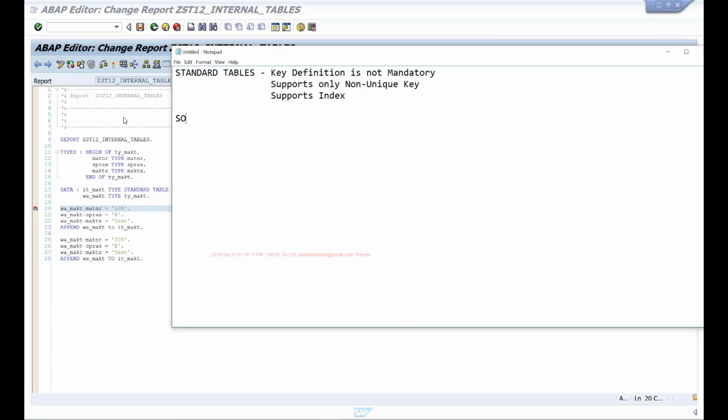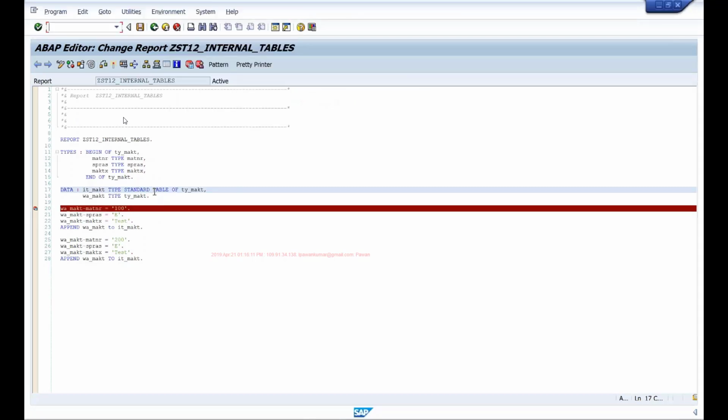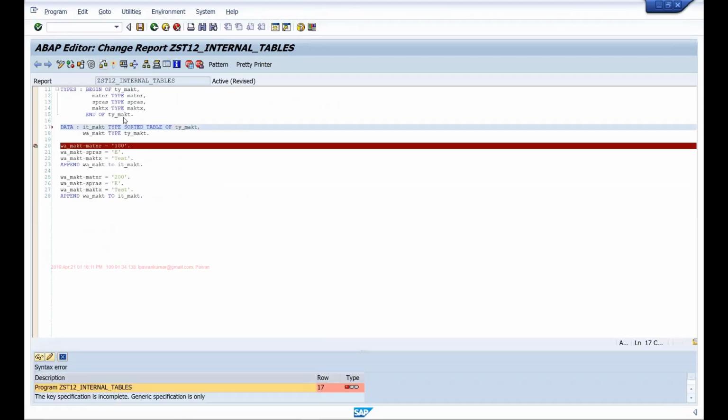Now coming to sorted tables. For sorted tables, for example, if I say type sorted table of TYMAKT, I cannot end my definition there. If I do a syntax check here, it will complain saying that you have to specify the key.